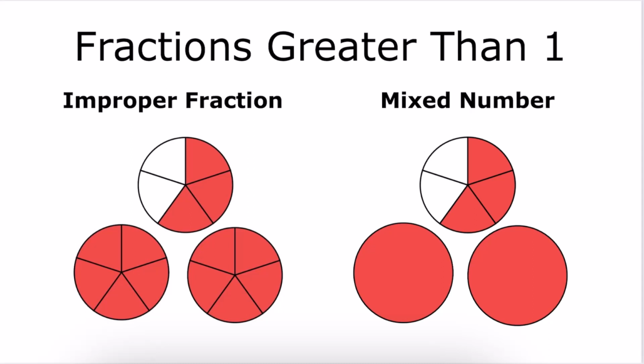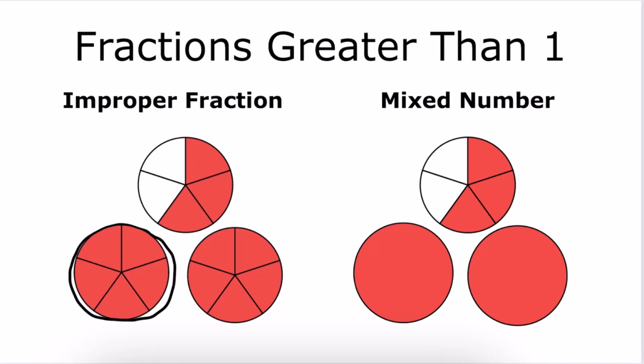So when you're representing one whole as a fraction, the numerator and denominator will always be equal because the number of parts the whole is partitioned into, in this case 5, is the same number of parts that are shaded within one whole unit. So in this case, one whole would be equal to the fraction 5/5. And in an improper fraction, the numerator is larger than the denominator, which is why improper fractions are always greater